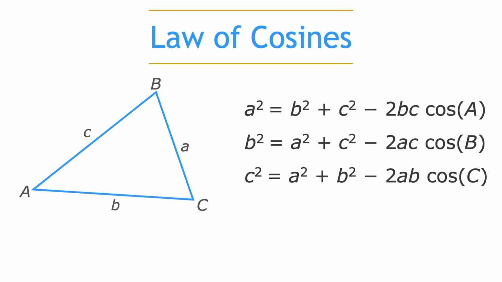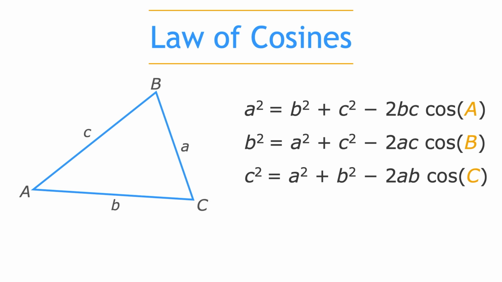The law of cosines can be shown using any of these equations. For example, we can use the first equation to find angle A, or any side, but it's easiest to find side A using this equation because a squared is isolated on the left-hand side of the equation. We could change up the equation slightly to find angle B, or more easily find side B. And if we're looking for angle C, we'd write our equation like this, which would also make finding side C a bit simpler. Notice that if we're trying to find an angle, it will be inside the cosine function.